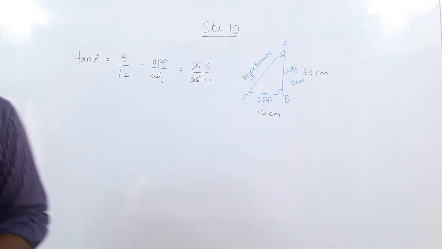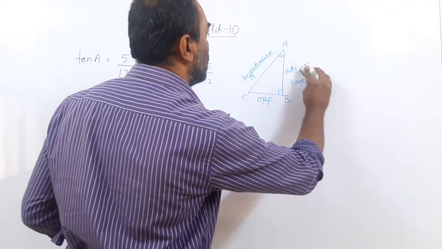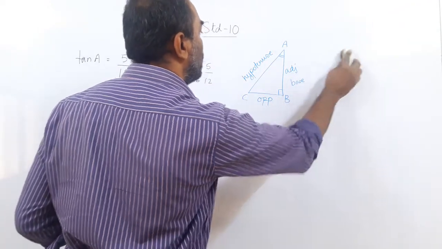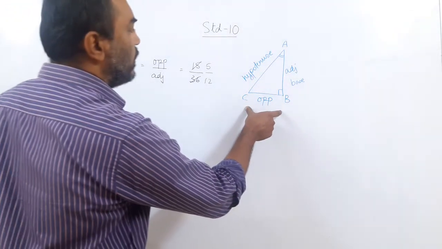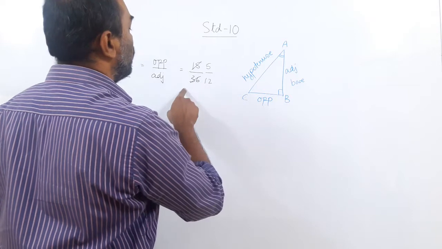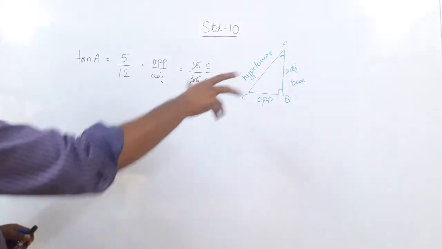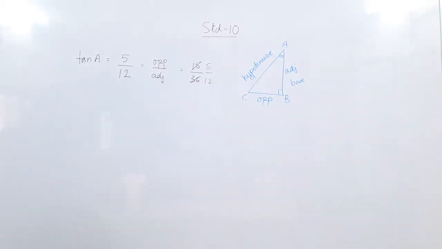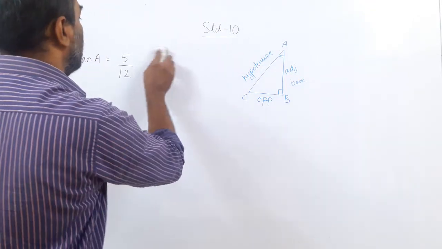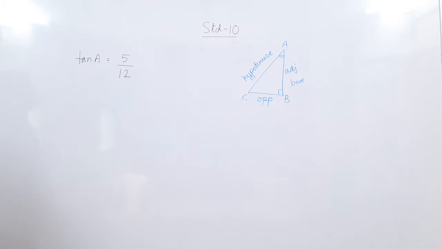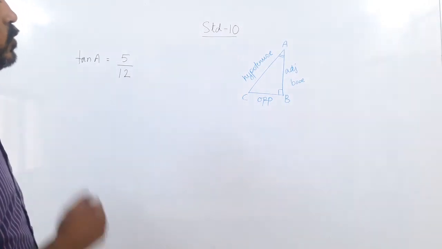This was an example. Now this could be just any side. We do not know. It could be any side, but the ratio remains 5 upon 12. So it could even be 10 upon 24. This could be 10, this could be 24. So 10 upon 24 is 5, 2 5s are 10, 2 12s are 24. So same thing. It could be any side. So the sum given to us is that tan of angle A, the ratio of the opposite to adjacent side, is 5 by 12. Find out the remaining ratios. Now there is a question here.